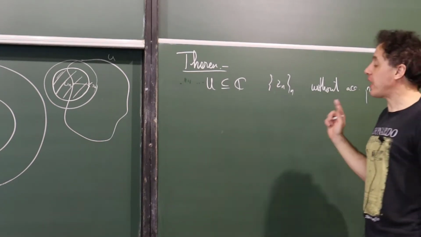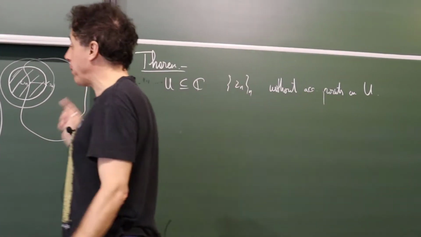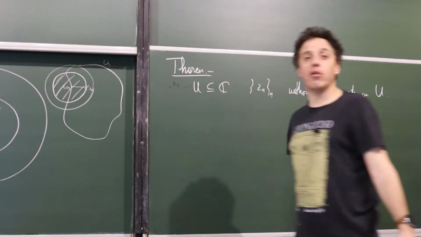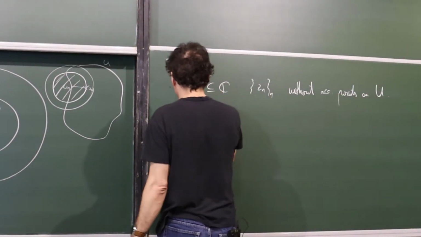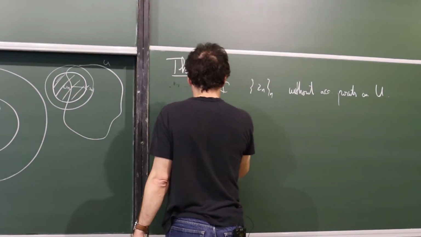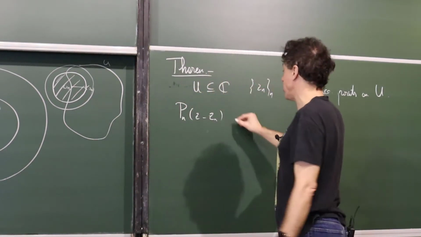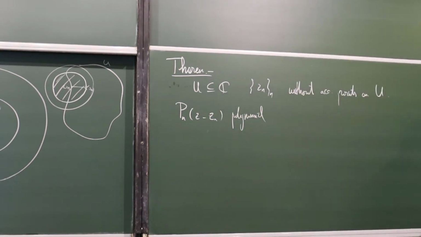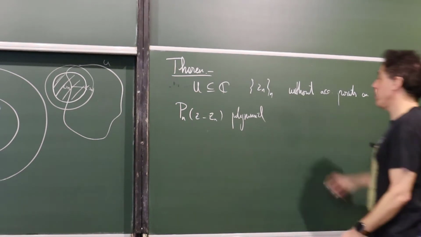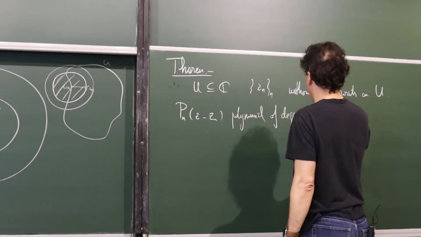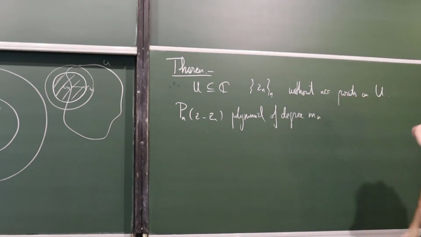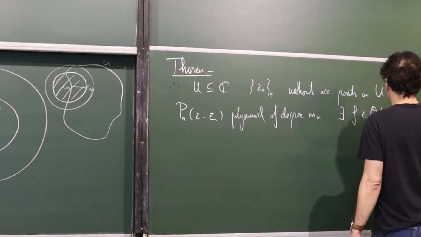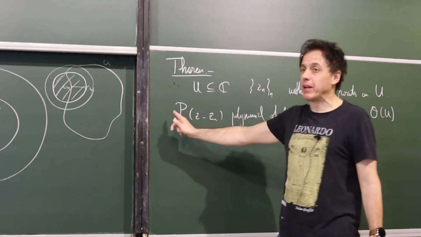Now, instead of prescribing principal parts, we're going to prescribe the beginning of the Taylor expansion. So for each of these points, take a polynomial Pn of z minus zn, a polynomial of some degree mn. So in this condition, there exists a holomorphic function in U such that if you take the Taylor expansion